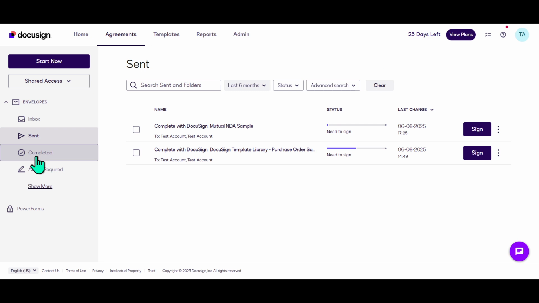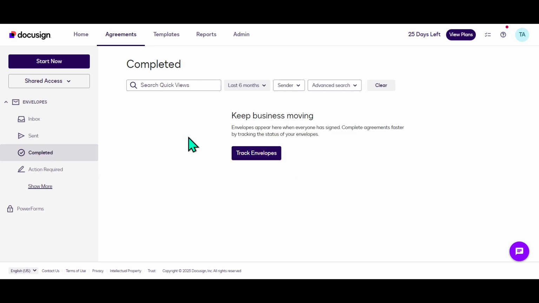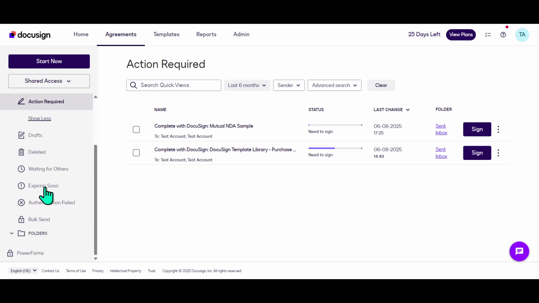Here you will find all envelopes that have been successfully signed or finished, giving you peace of mind about agreements that have reached their conclusion. The Action Required category is particularly important as it houses envelopes that await your signature or review. If there's something pending, this is where you'll want to go to ensure all tasks are handled in a timely manner. If you hover over and click on Show More, you'll reveal additional categories, providing even more granularity to your